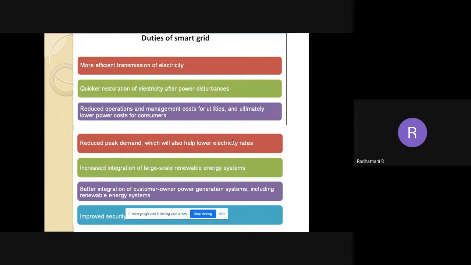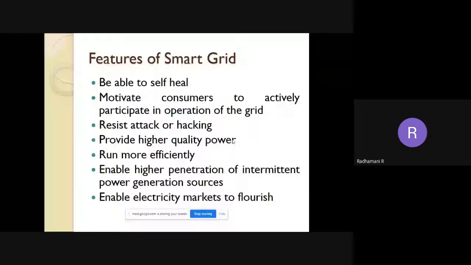These are some features of smart grid. Smart grid should be a self-healing one. This is the major feature of your smart grid. But in the case of a conventional grid, we need some manpower to replace the fault. If it is a smart grid, it should be self-healing. Another one is to motivate the customers to actively participate in the operation of the grid. So that means that